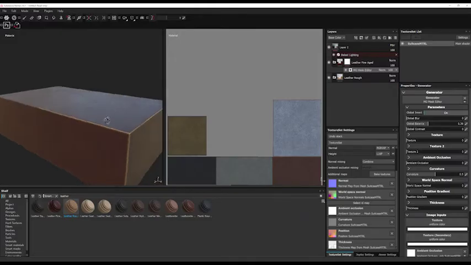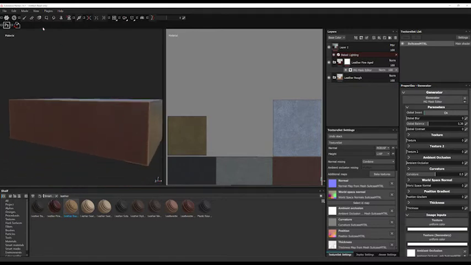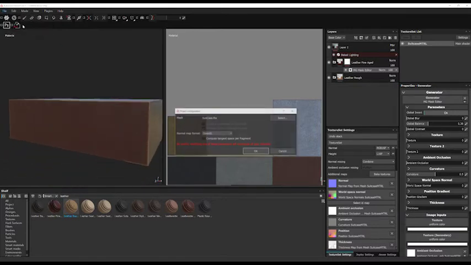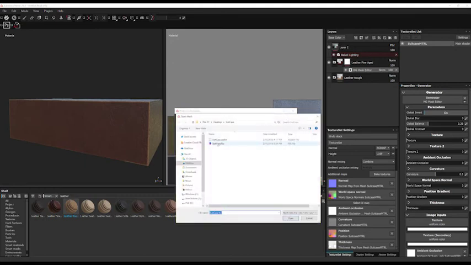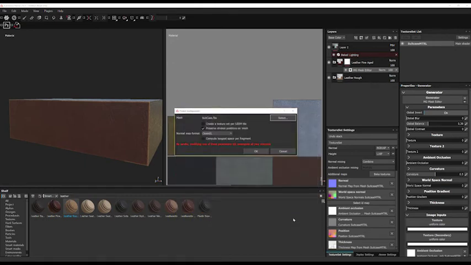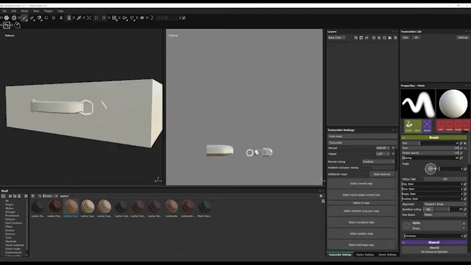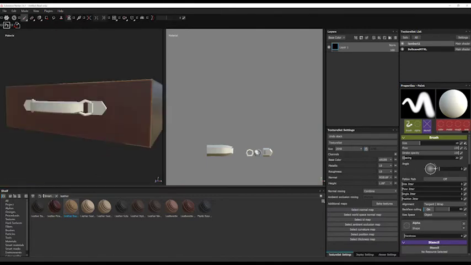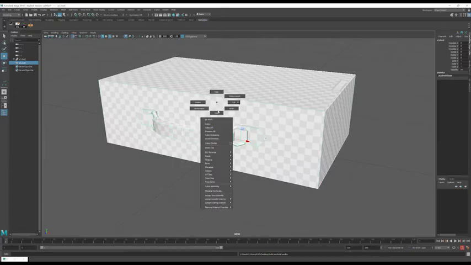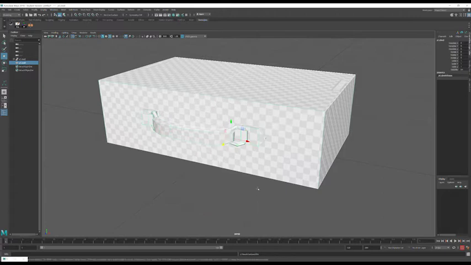Now back in Substance Painter, I want you to notice what happens when I go to Edit, Project Configuration, and then I select that same suitcase, and I hit OK. It reapplies the texture. Oh, it looks like my handle's on a separate one, so let's jump back into mine and reapply. All right, so I'm going to right click, go to Assign Existing Materials Suitcase, and now it's across the